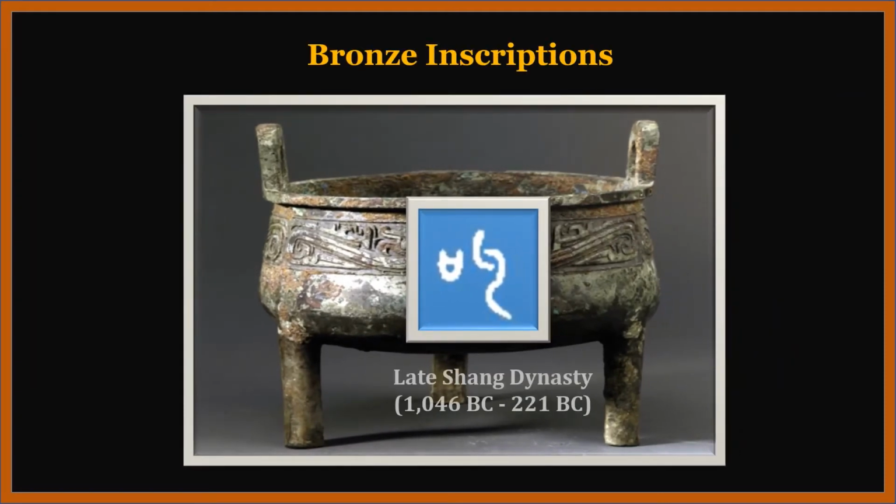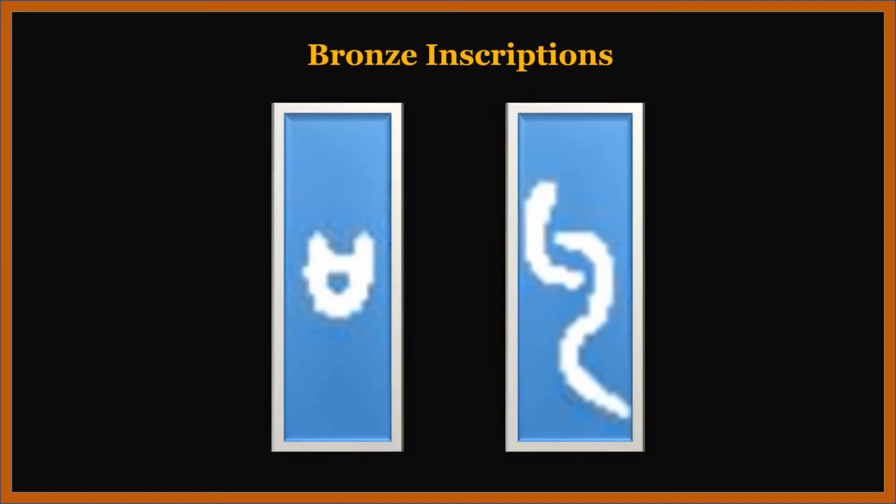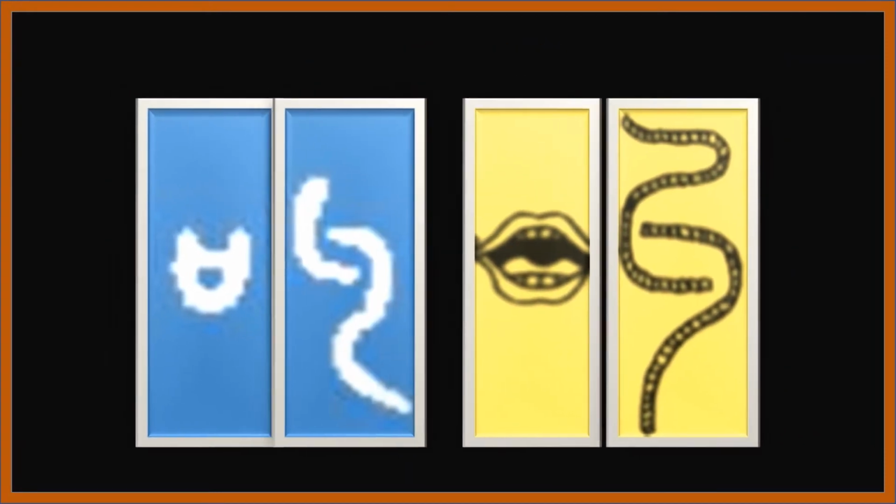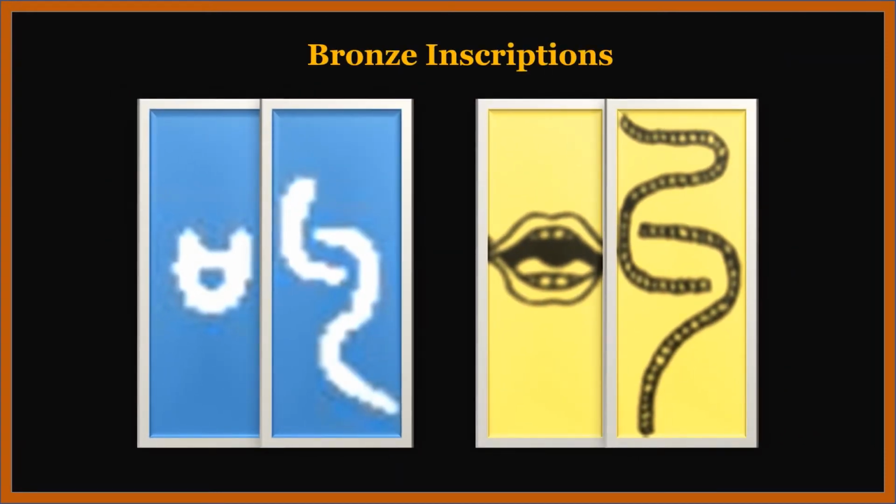Now let's take a detailed look into this character. The left part of this character means the mouth in ancient Chinese, and the right part means entangled long ropes. So, the metaphoric meaning of this character in ancient China is to shout in an extended voice. The meaning of this character gradually evolved with time going on. Today, the primary meaning of this character 叫 is to call or to be called as.